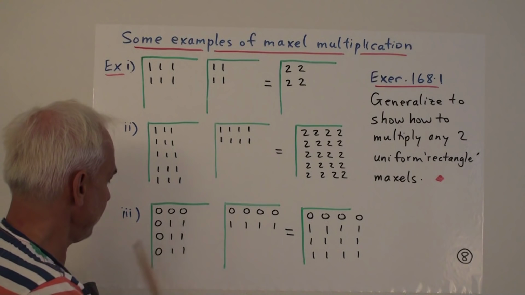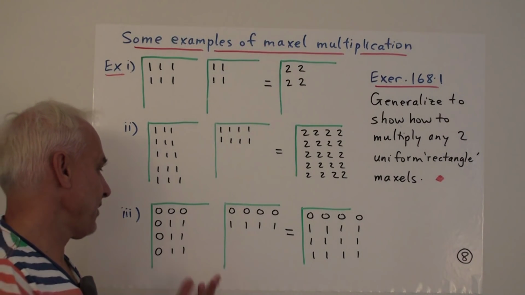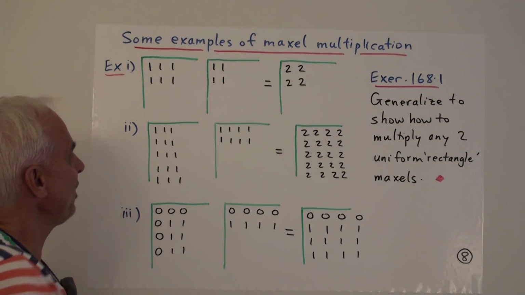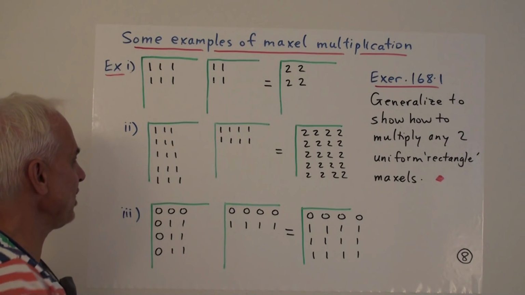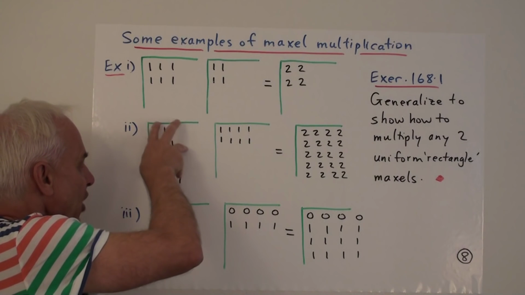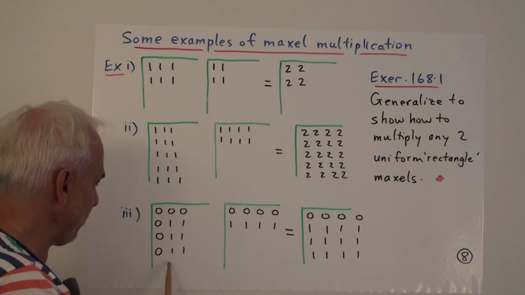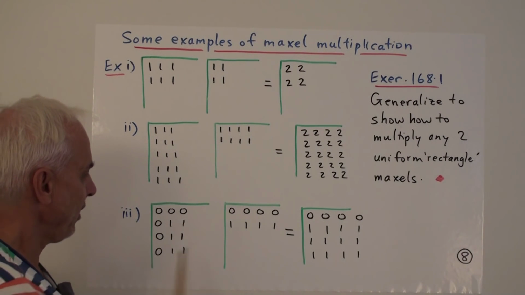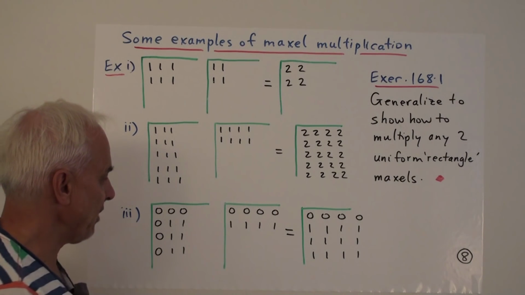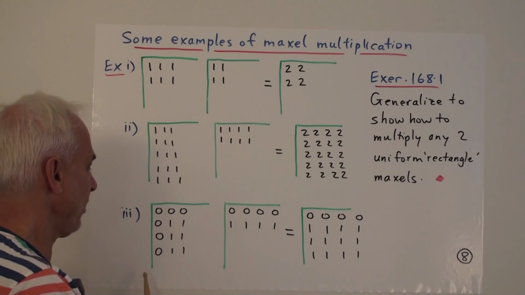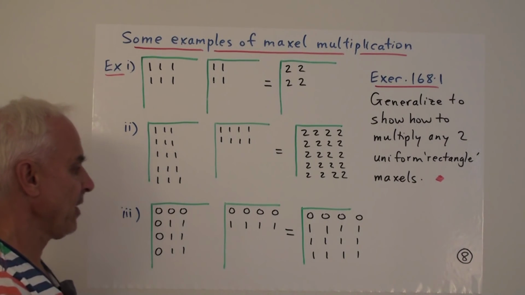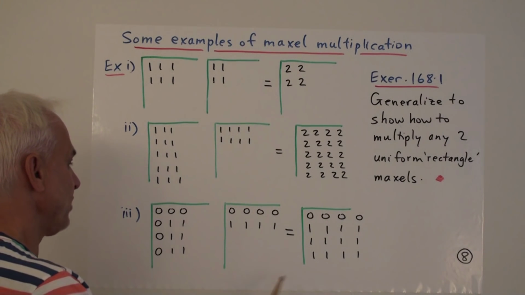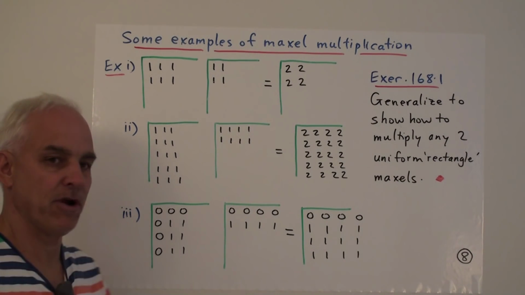Okay, and here's something to tell us that this kind of thinking doesn't necessarily restrict to just rectangles which are corner rectangles. So here's somewhat of a more general rectangle. It's kind of floating a little bit more in the middle. This one here has a row of zeros above it. If we multiply this maxil with this maxil, then you can check that what you're going to get is this maxil over here.